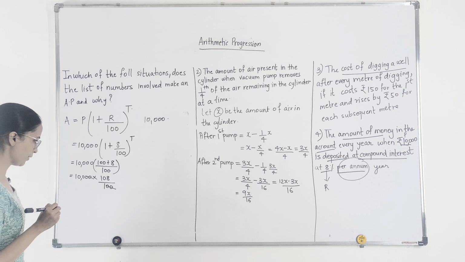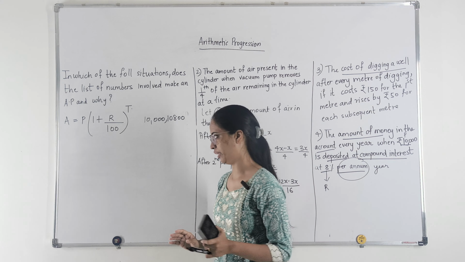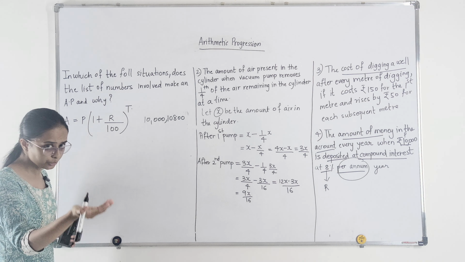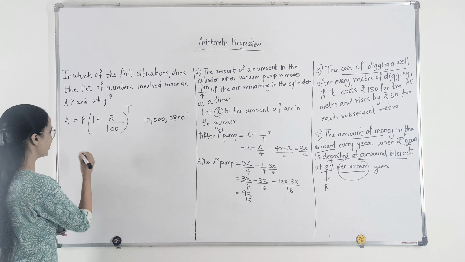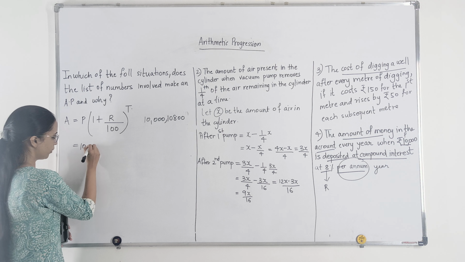Now again I want to tell you कि जो भी interest calculate होगा for your second year, that wouldn't be calculated based upon this. Whatever interest is given to you, it is calculated depending upon your principal amount only, which in this case is 10,000. So for T equals to 2, or for 2 years, like after 2 years at interest rate of 8%, आपकी amount कितनी बन जाएगी? So again your principal amount is 10,000, your rate of interest is 8 upon 100, and your T is 2 in this case.